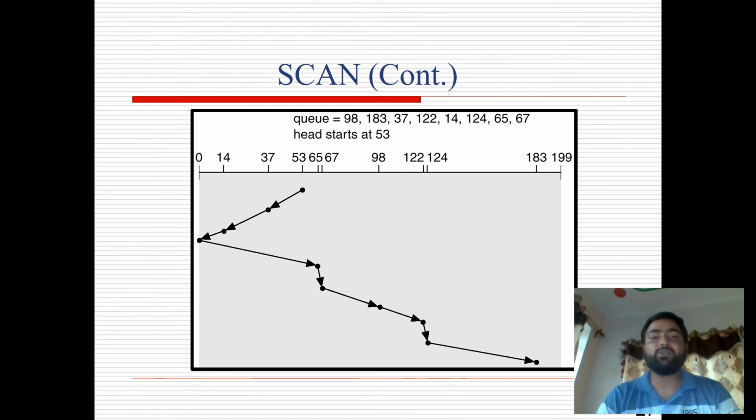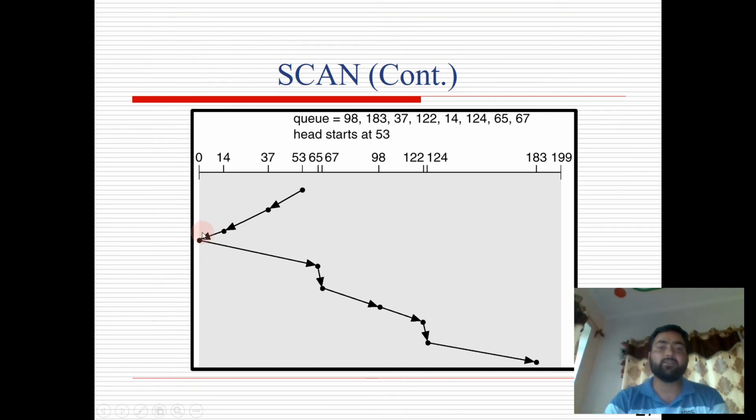with the same queue, the head's current location is 53 and it will start moving in the left direction first. From 53 it will move to 37, then after 37 the next request is 14, and then it will touch the end of the disk.